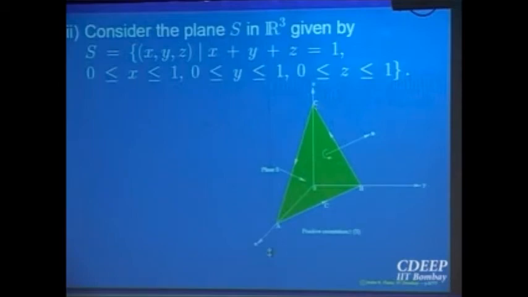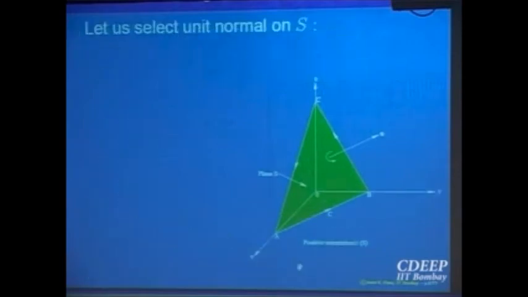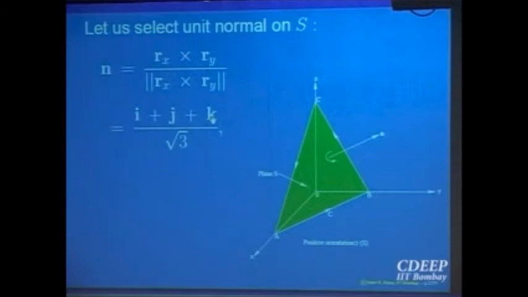Let us look at some more examples to clarify what the boundary is and what the orientation is. So this is what I said. If you take the normal to be coming out, what does that mean? Geometrically, the k component is positive, because the surface is above the xy plane you are looking at. The normal will always have a positive k component.